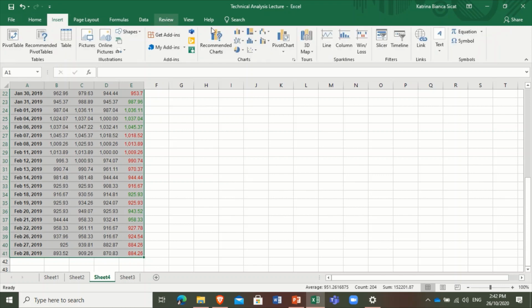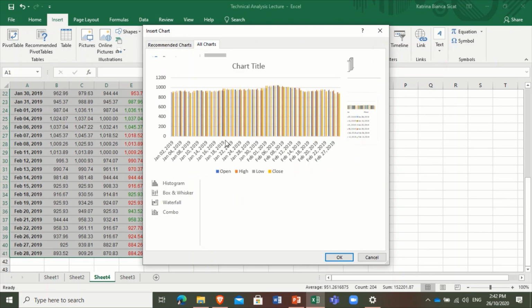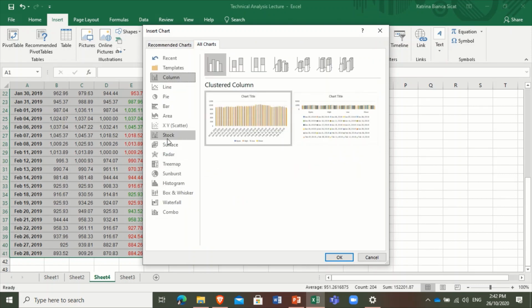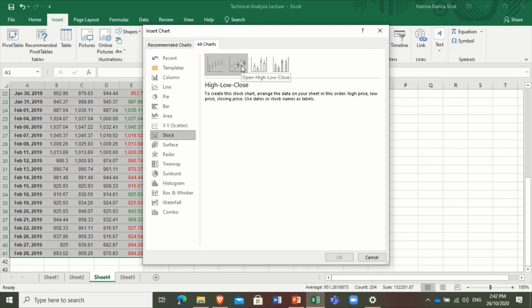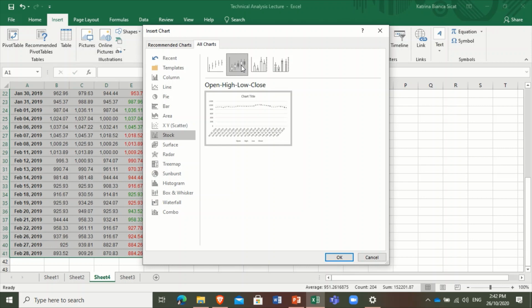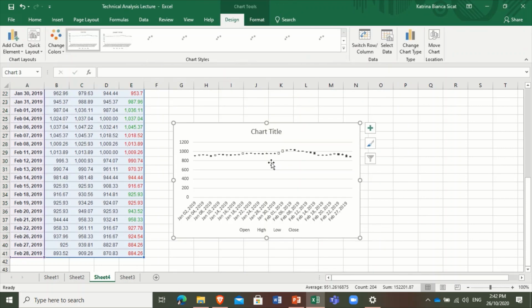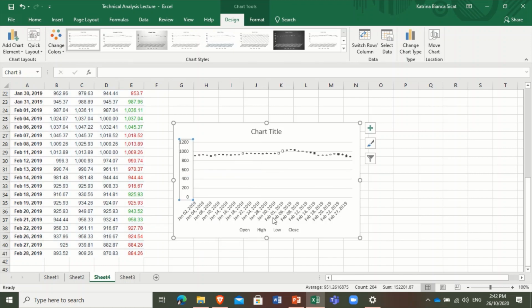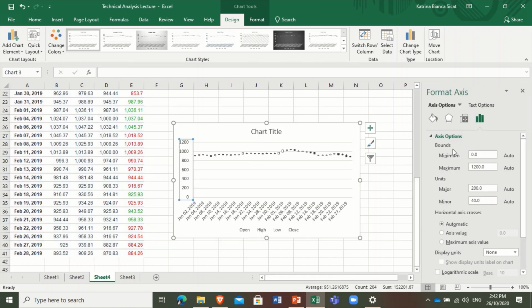I can easily insert my new chart. Okay. So, yung open, high, low, close. So, make sure magkakasunod-sunod yung column na naka-highlight para ma-recognize siya ng Excel sheet. So, open, high, low, close. And then, press OK. And then, we can always modify our format para mas maganda yung litaw ng ating chart.